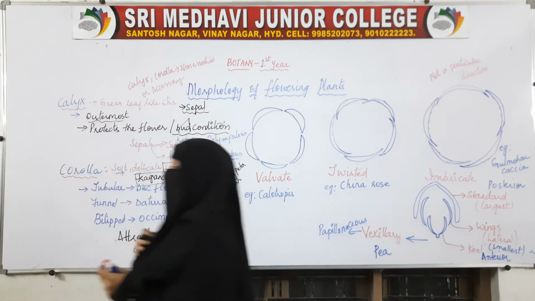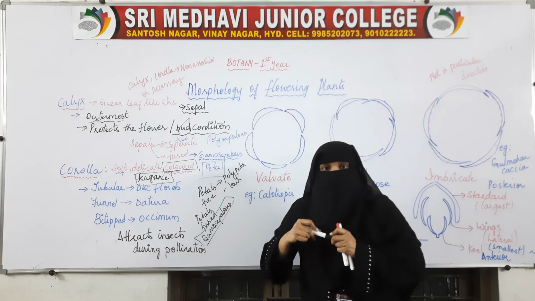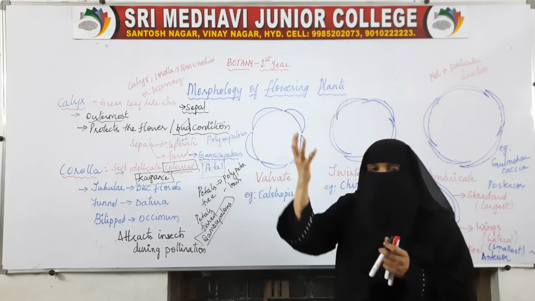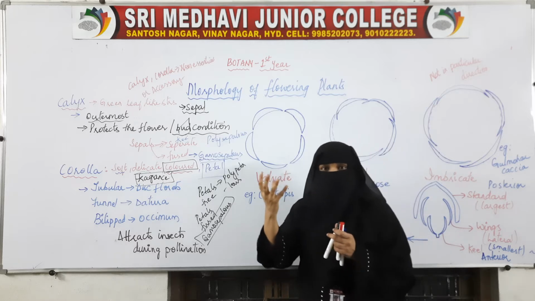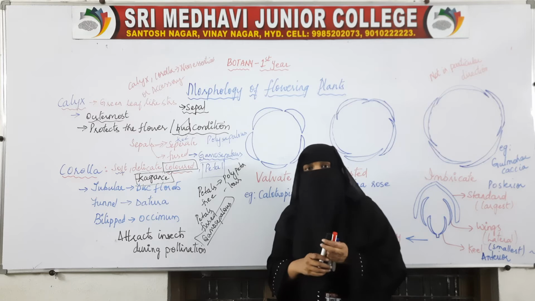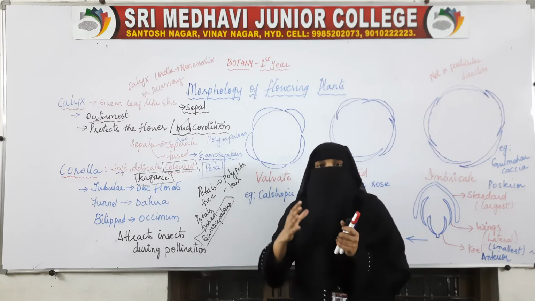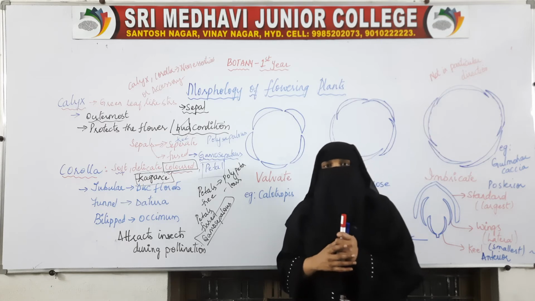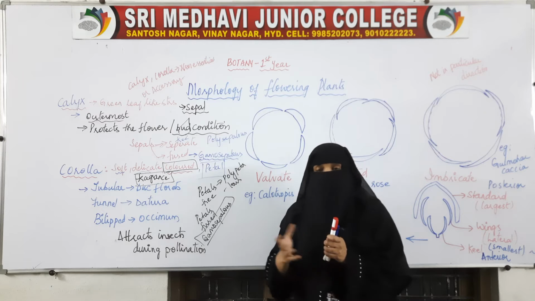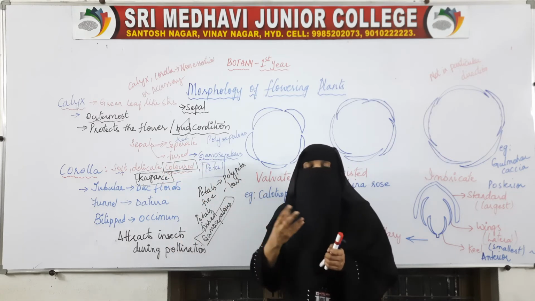The major function of the corolla is to attract insects during pollination, because for reproduction, pollination has to take place. For pollination, animals or birds or insects have to come and sit on the flower so that pollination can take place. Pollination takes place by a variety of agents, but if pollination is taking place by insects or birds, the attractive colors and the fragrance are very